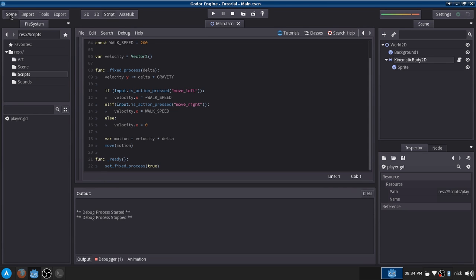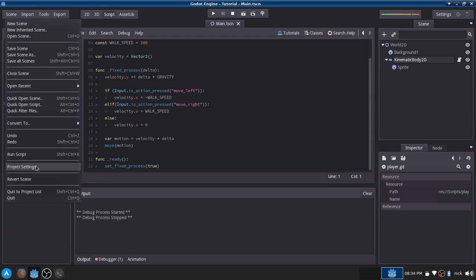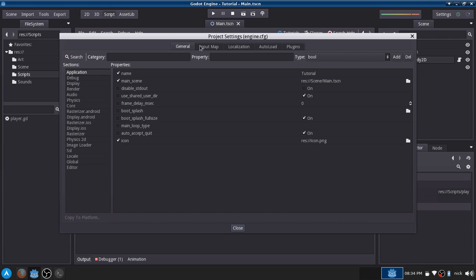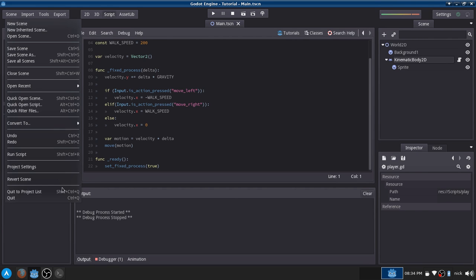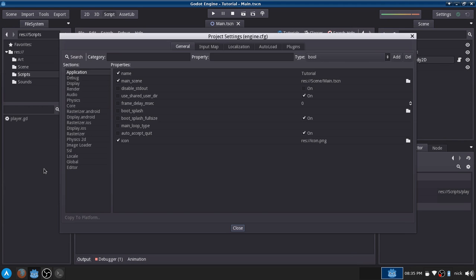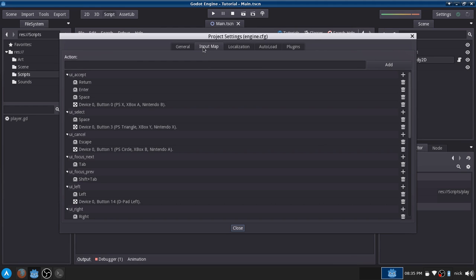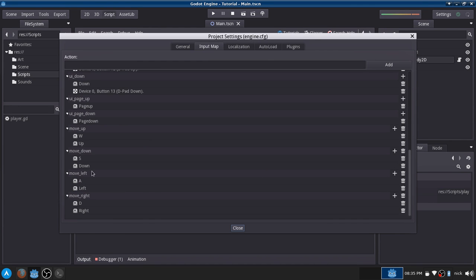Now I'm not quite sure if I went over this earlier, but move left is actually something that we create ourselves. So just go under scene, project settings, and I just lost it. And if we go under the input map,